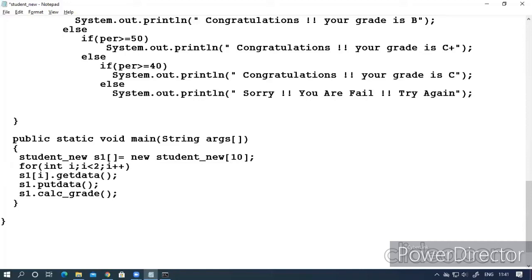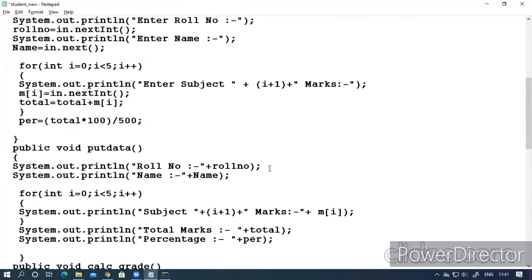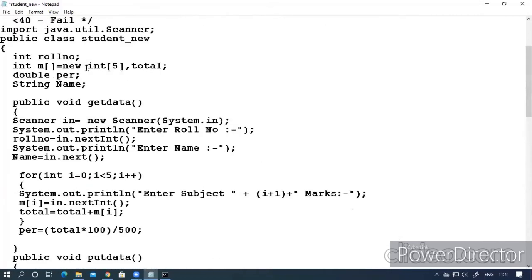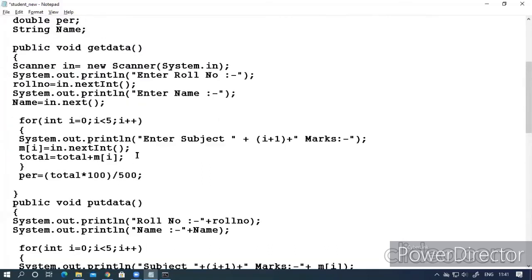So you have to enter. See, there is a difference now. Here I am putting the subscript with S1 because I had created the array of S1. In the earlier case, I had created an array of marks M, and I inputted it like this only, M[i].